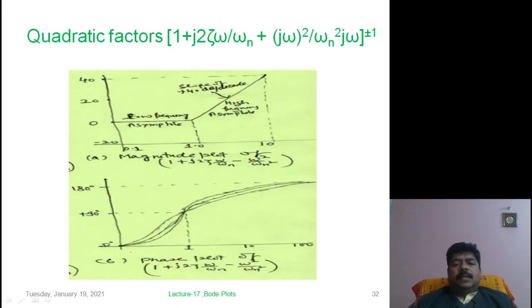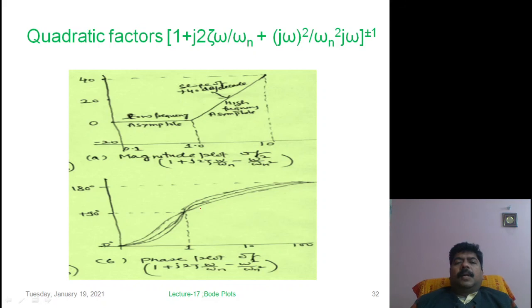So that's why here it is 1. In this plot, at 0 it is 0 degrees, at 1 this will be plus 90. As the frequency changes, it tends towards 180 degrees. The actual plot you can see in the next class, the construction of the Bode plot on the semi-log paper. So this way Bode plots can be drawn considering the different factors. In the actual case, considering all factors, there will be a combined Bode plot that you will see in the next lecture.